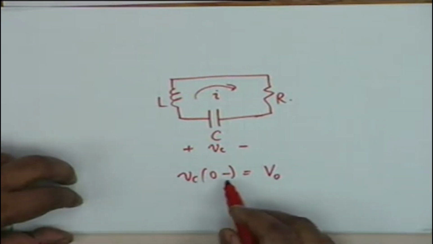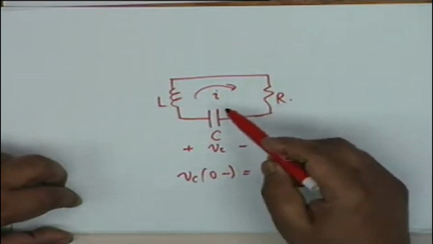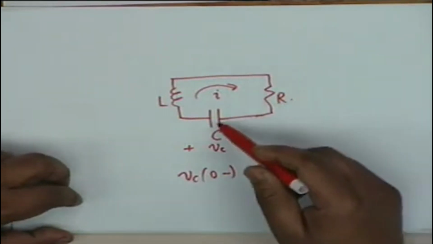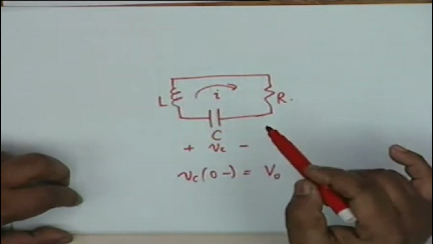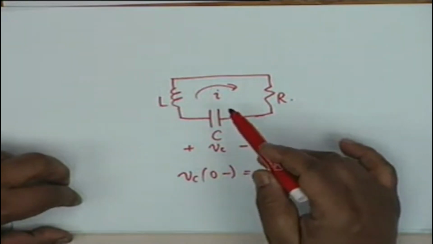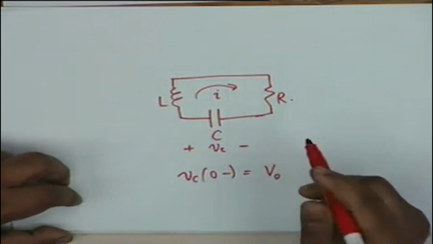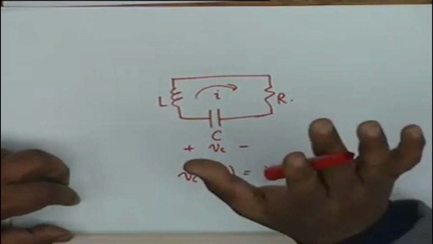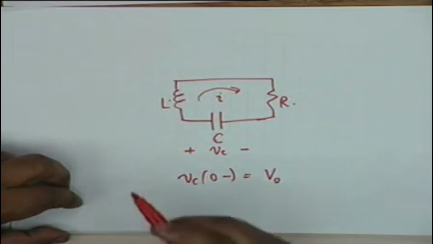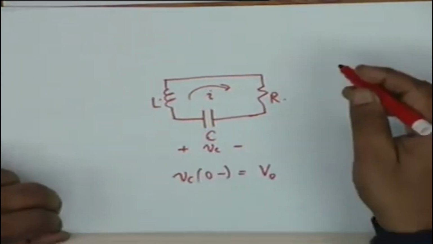The initial condition is that Vc(0-) is V0, and then naturally as time increases, small i at t equal to 0, that is when the capacitor is switched to this series combination, the current would be 0, and then the current would gradually increase and then decrease. After infinite amount of time it would decrease. Qualitatively this is the phenomenon, but depending on the relative values of R, C and L, the way it does so would be quite different, and we have discussed one of the cases, but before that let me write the